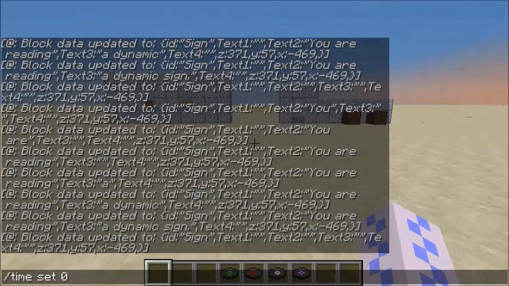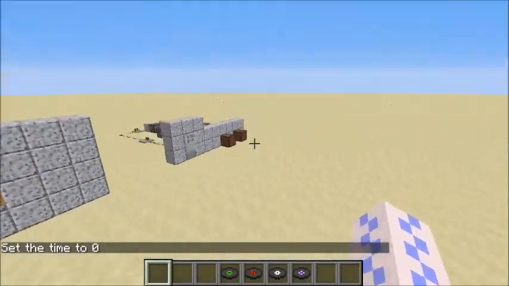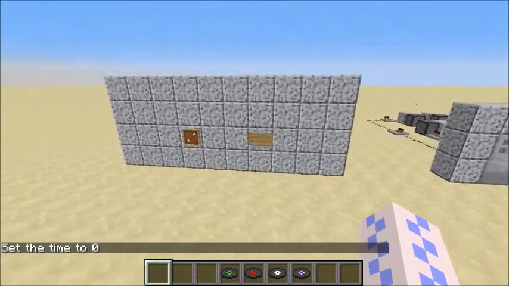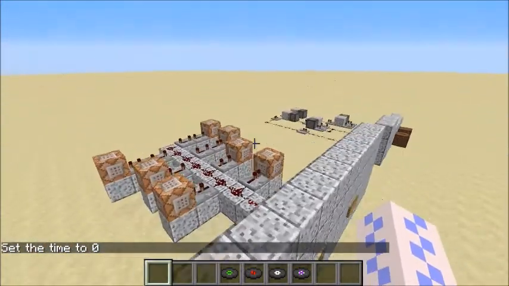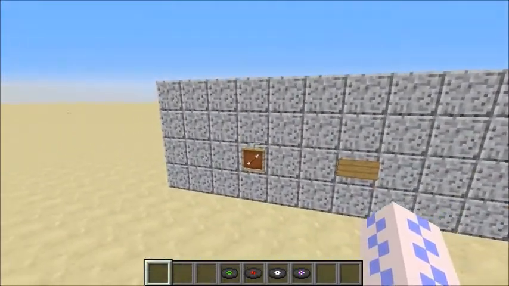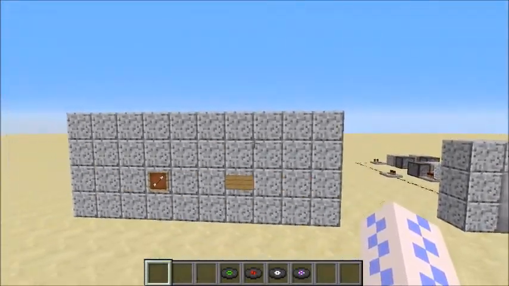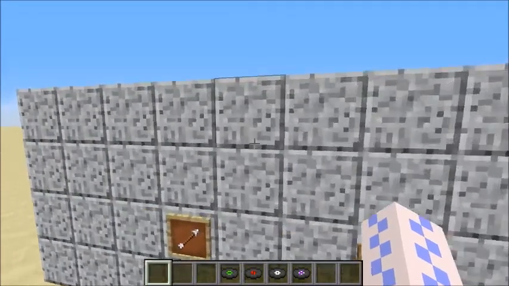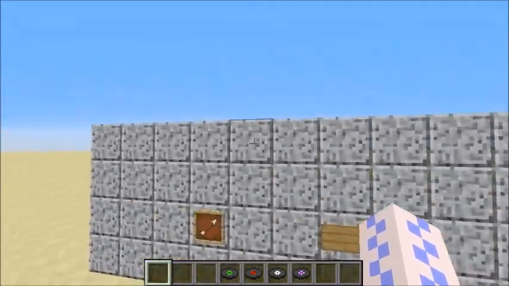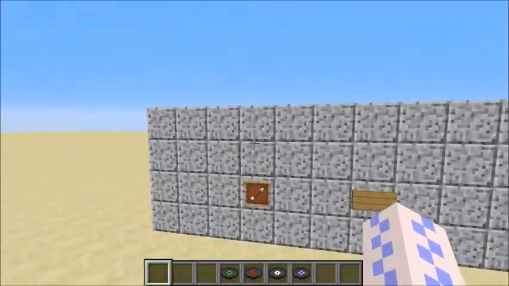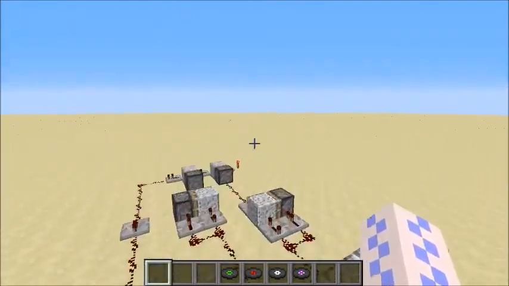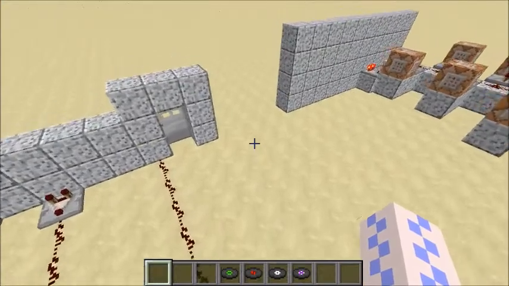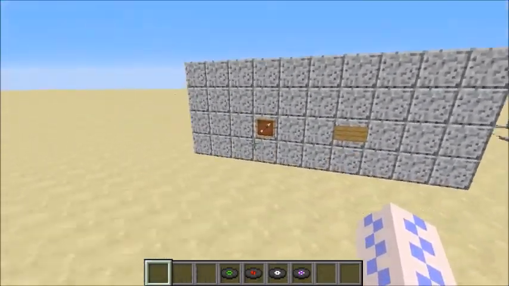So, let's just set the time today and show you something. I've been fooling around with the snapshots, and first of all, I've got two things to show you today. One is something that's only recently possible with the new block data command, and another is something that's actually been in the game for a while. I'll come back to that later. So, anyway,